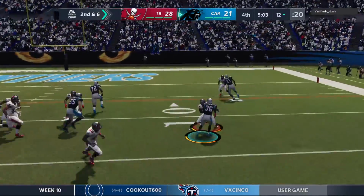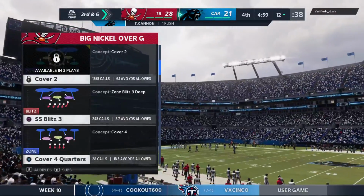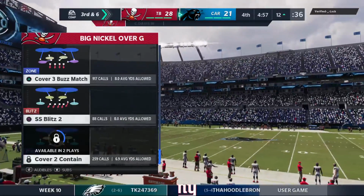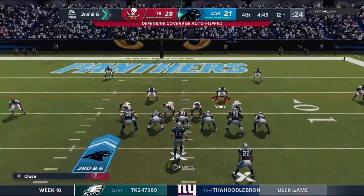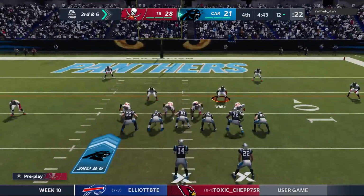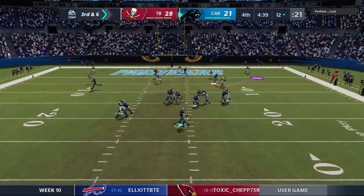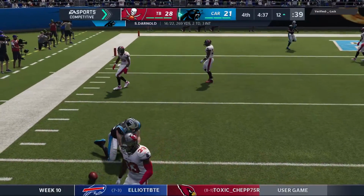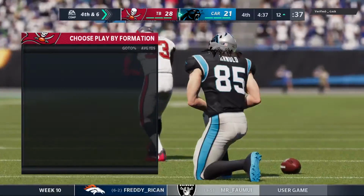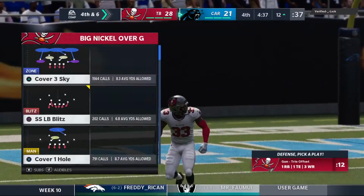A first carry for Trenton Cannon. Looking for a crease, can't find one. Stopped at the line of scrimmage. No gain on the play there, so they're left with a 3rd down and 6. Out of the shotgun, here's Darnold. And that's going to be incomplete. The coverage too good there. The contact popped the ball free, and it's 4th down. And that's one of those plays where it's hard